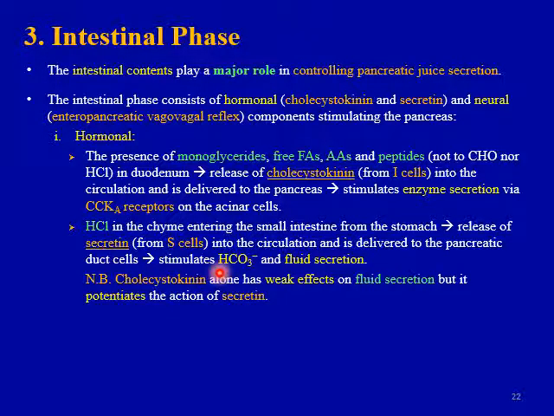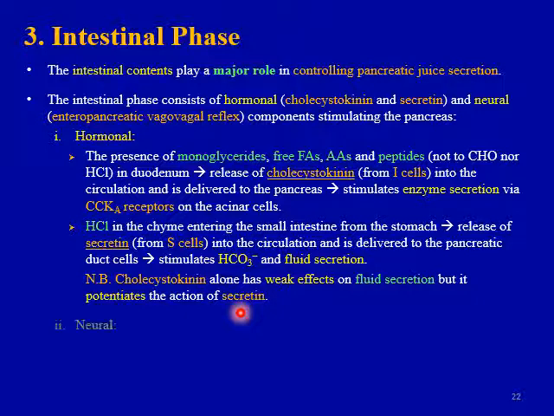Please notice that cholecystokinin alone has weak effects on fluid secretion, but it potentiates the action of secretin. So CCK alone has a very weak effect on the duct cells, but if secretin is present, then cholecystokinin will potentiate